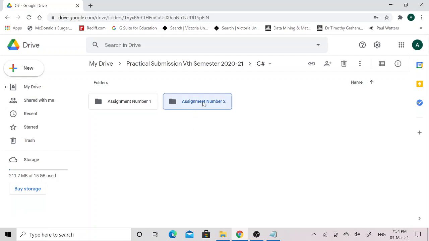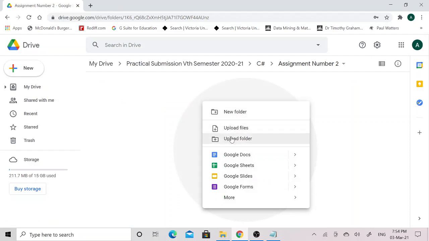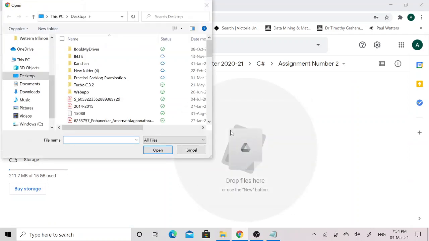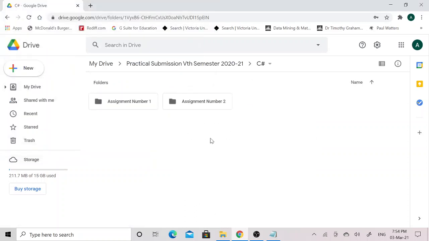Again, I will click on the assignment number 2. I will right click and I will select upload files. Then I will have to upload all the image files of my assignment number 2 in this folder. Remember students, you will have to create as many folders as your assignment numbers of the respective subjects.